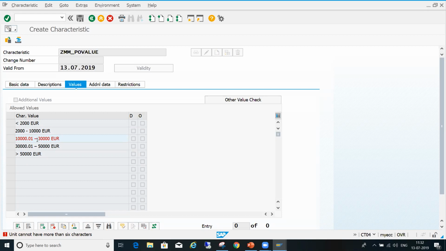That dash is there now, so it is taking 2 characters. See, after entering the number, you have to give one space, then dash, then 30,000 dash EUR.